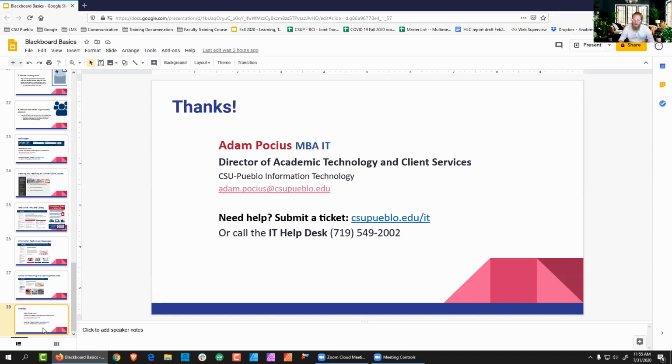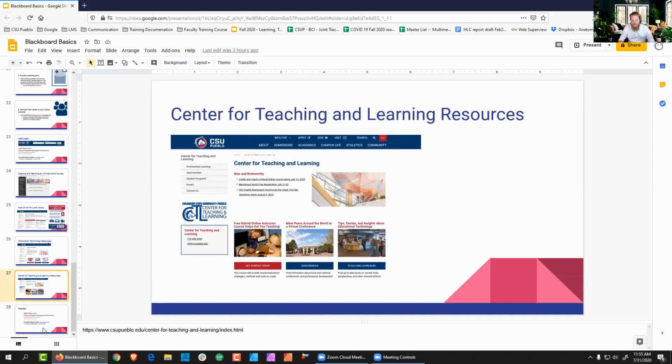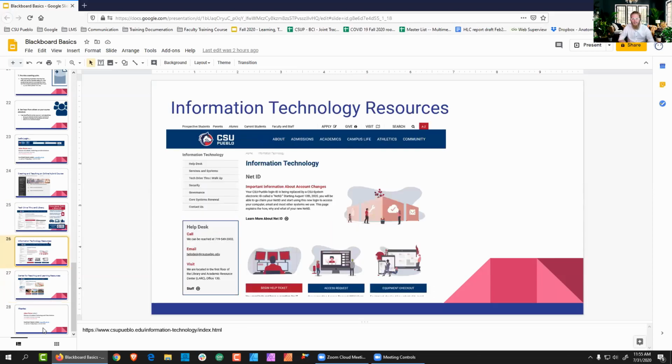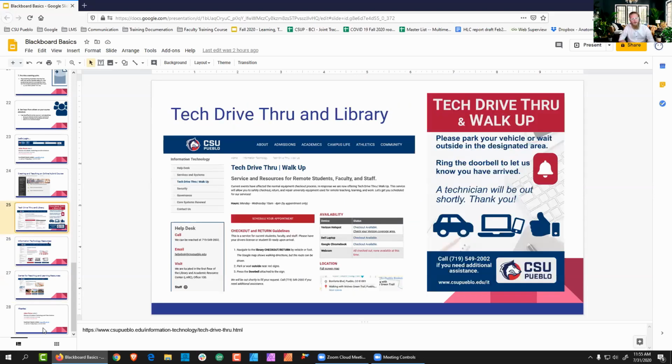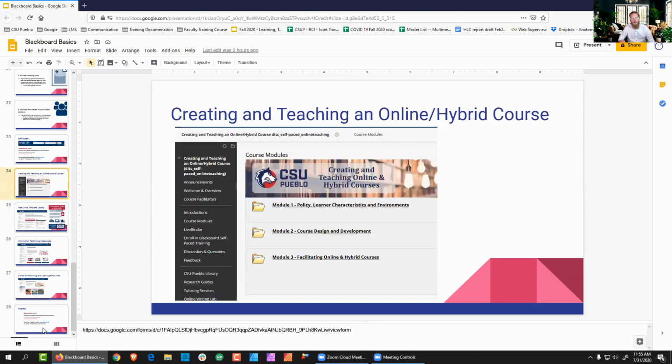A couple quick areas that I had mentioned before, also the Center for Teaching and Learning Resources, great resources there, more on the academic strategy, different tips, tricks, tactics of how you can leverage that. The IT website gives you information of all things tech. And just a little plug for 2 of our other services. If faculty members or students are having issues and need some technology, we have the tech drive-through, and there's also the library curbside